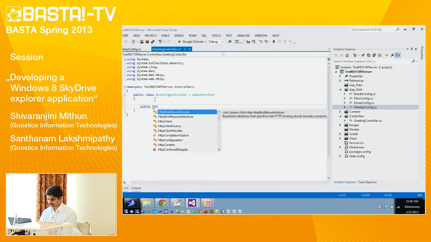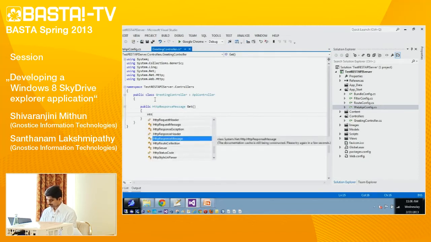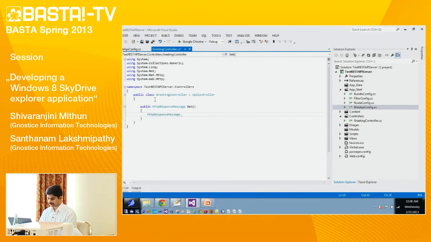And we have seen that the server returns an HTTP response message as the object. So the return type will be HTTP response message here, and our method name is get. We'll create an HTTP response message object.